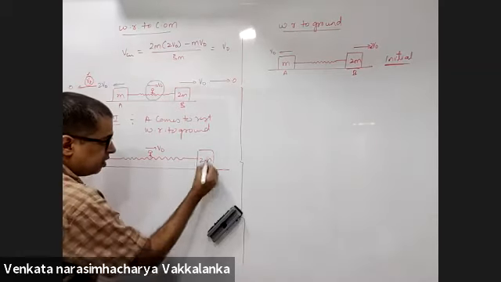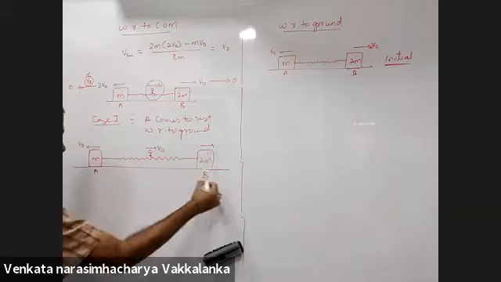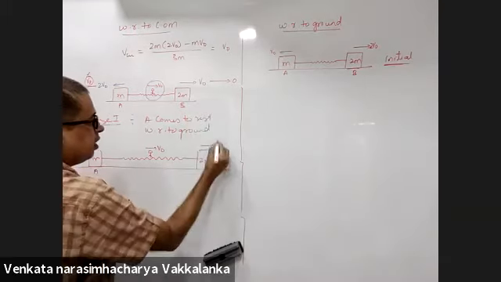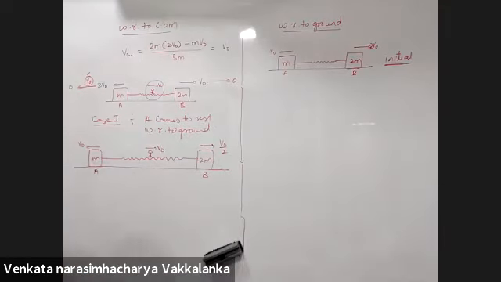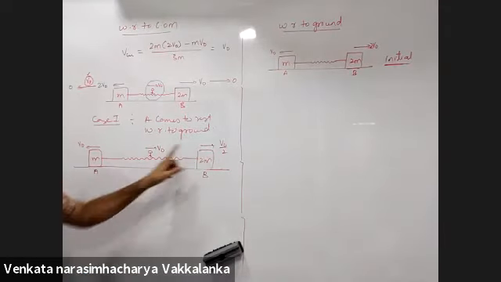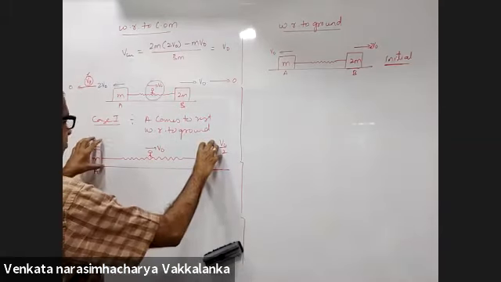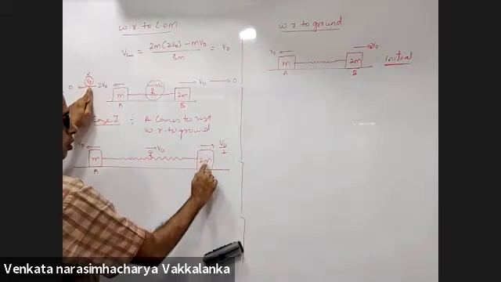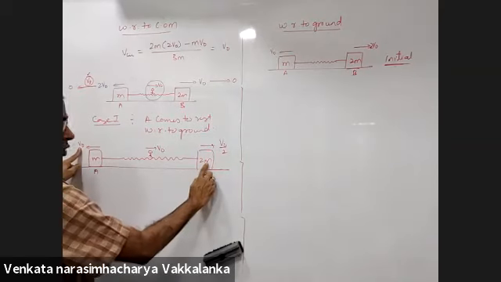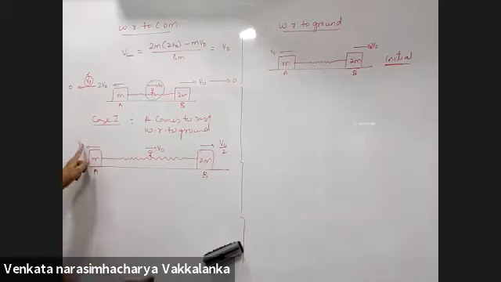Can I find out B's velocity at this instant? Conveniently, because momentum of this and this should be equal. From 2v0, its velocity will come down to v0 by 2. Can I find out B's velocity with respect to center of mass? Very conveniently, momentum of this and this are equal. m into v0 should be equal to 2m into how much? v0 by 2. Product of this and this should be equal and opposite.